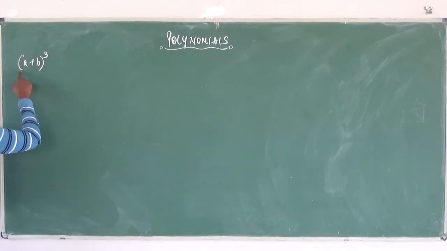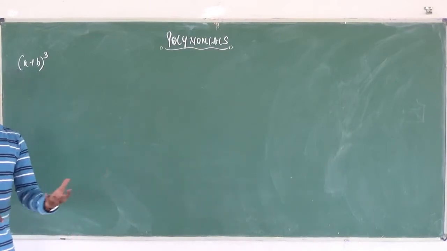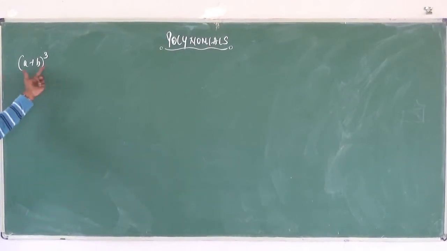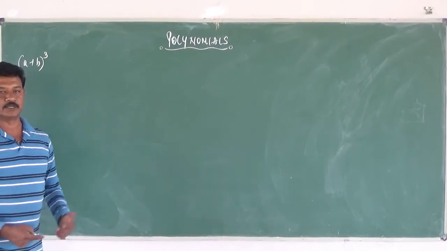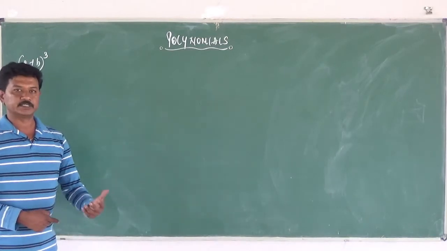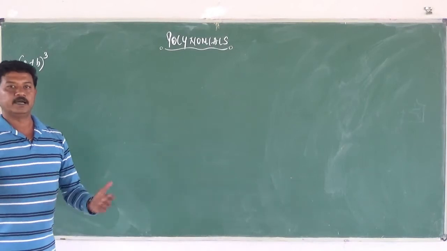Usually in many of the problems which we are going to solve in the higher classes, we are going to come across a situation where in a particular step you get a term in the form of (a + b)³, which you have to expand and simplify. At that instance, you will have to use the identity. So in this class, let us learn how to use this identity to expand and simplify.